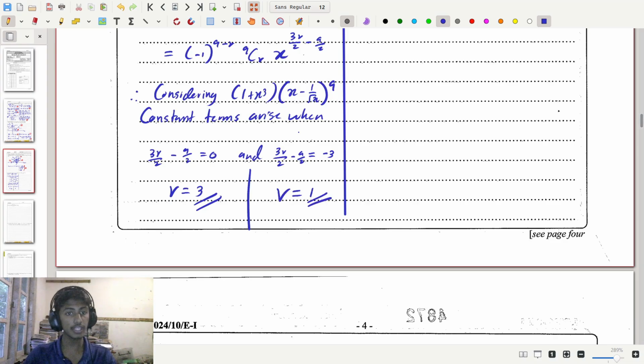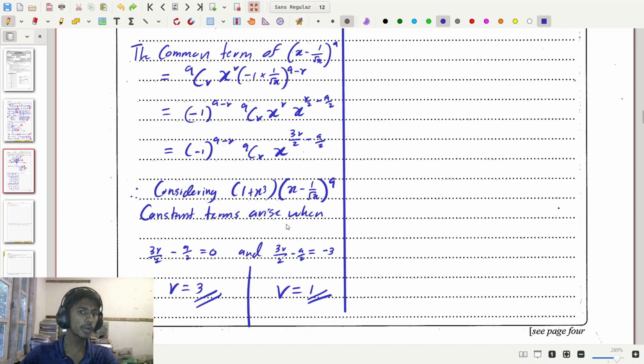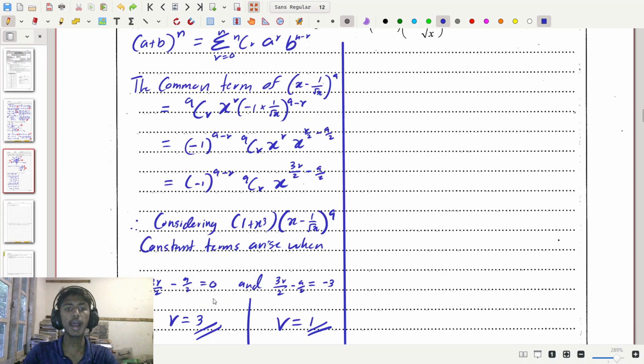So from this we can see r equals 3 and r equals 1 are the two cases in which this expression gives an x power that is going to be multiplied by this thing in order to produce a constant term. And due to that, we can see the term produced when r is equal to 3 plus the term produced when r equals 1 are going to add together to give us the final term, which is the constant term. Now considering these two, for the r equals 3 case,